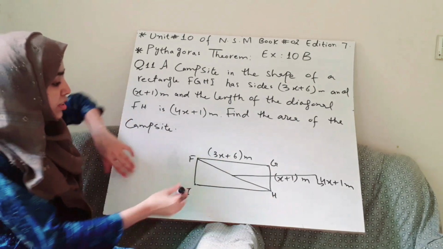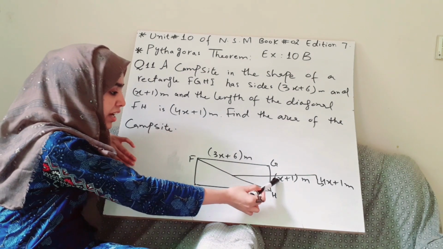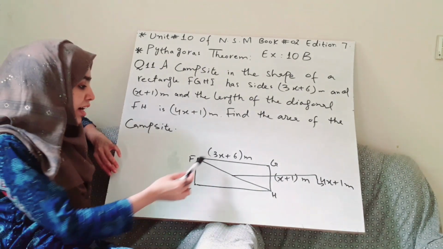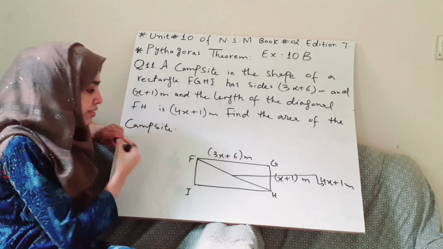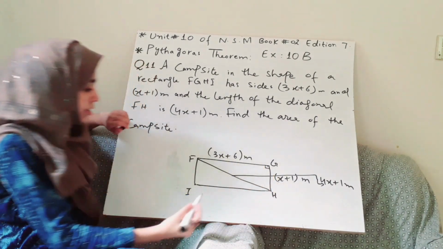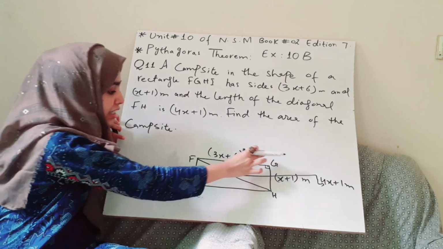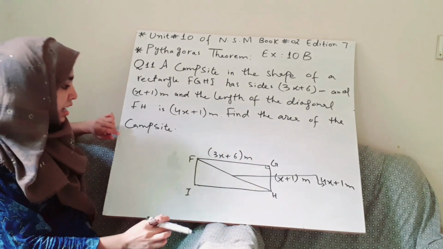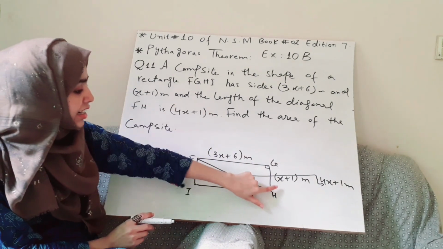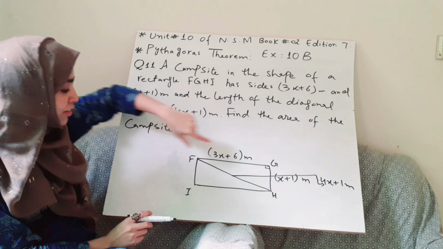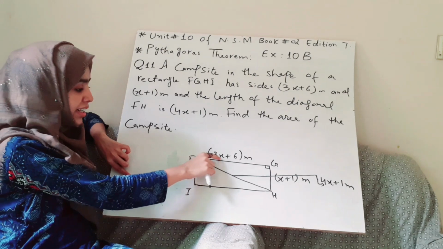But we don't know the sides in numeric form. We know there is a variable x here and there is also x here. So our first task is to find this x by using Pythagoras theorem. We will take triangle FGH where G is at 90 degrees. After taking this, FH will be the hypotenuse square, and then GH and FG we will take. Then after solving it, when we have x, we will put x here and on this side as well. Then we will multiply these both sides. Then we will have the area of this rectangle. So our first task is to find the x.